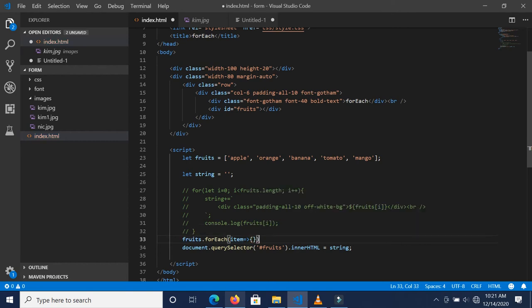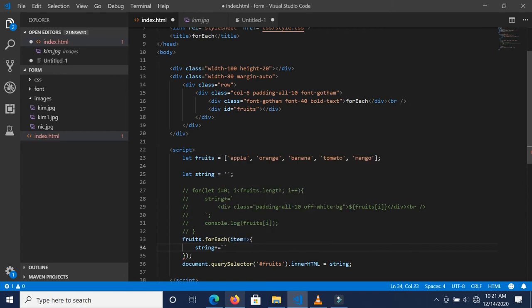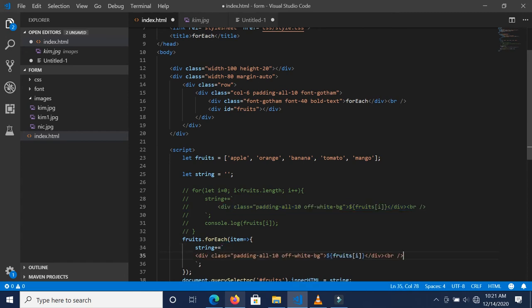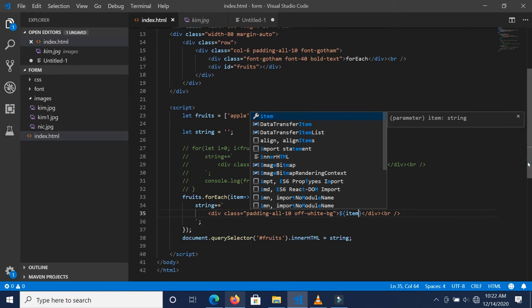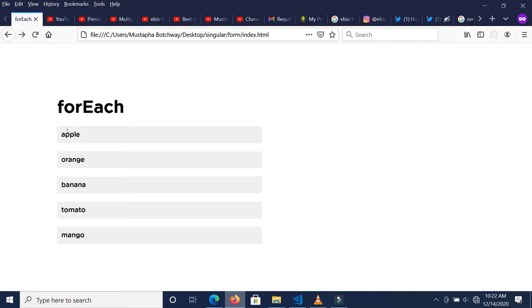And then we may say for each and every one of them, they will do the string plus equals, and then we may copy the same thing because that's exactly what we are doing. And then we'll put it here, except this time around, instead of doing fruits with i, we may rather do item like this. And if we run this, we still get the same